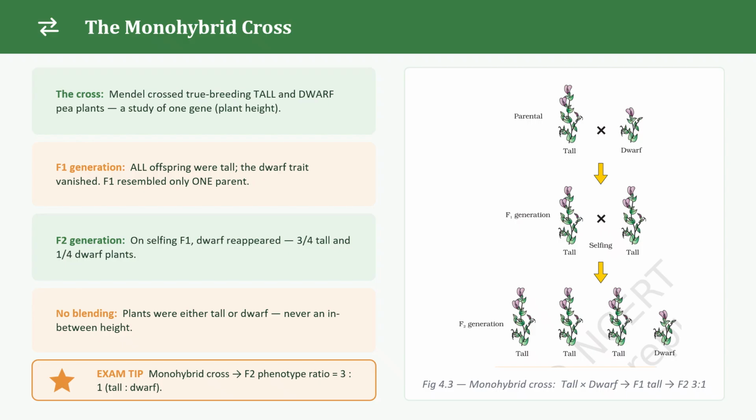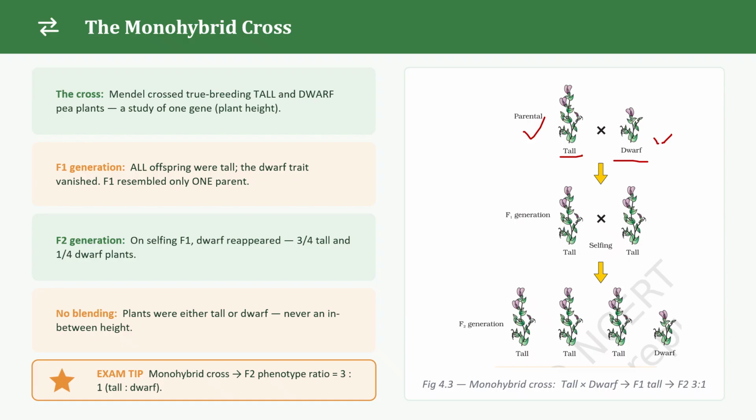So Mendel here selected the plant height in pea plants because it showed two distinct forms. I'll show you here. He took the tall plant and the dwarf plant. That is, he crossed a true breeding tall plant, yes, this is a true breeding tall plant and this is the true breeding dwarf plant, to study the inheritance of a single gene. So after crossing the two plants, he collected the seeds and grew them to produce the